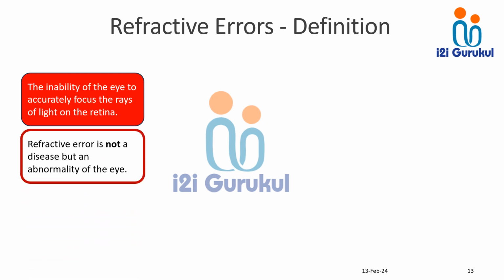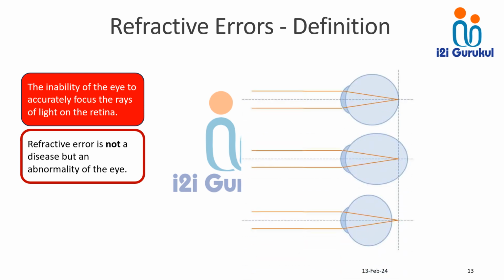As I said, this refractive error is not a disease but an abnormality of the eye. When the parallel rays of light focus on the retina, that is what we call emmetropia. During this condition, the accommodation will be at rest. Here the second image is showing, that is the